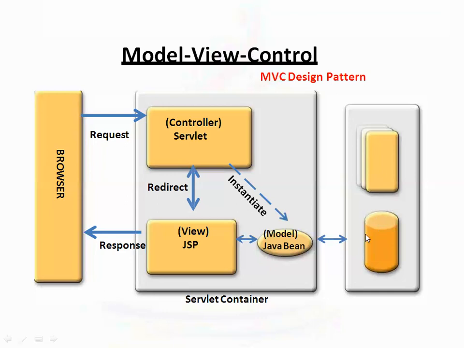Okay. Then after getting the data, we will have a list of values held in this Java bean. As a model, that Java bean is pushed as a response to the browser. Does it go to the browser directly, sir? No, it will always go through the controller. The controller is going to give the response to the browser, either in XML format, or JSON format, or the Java bean object directly.